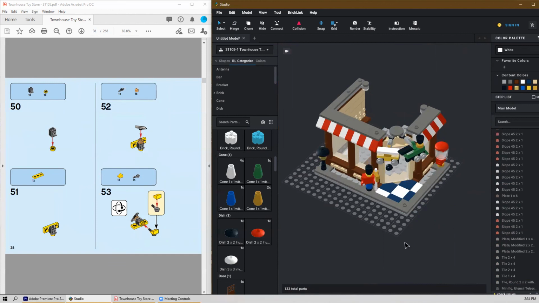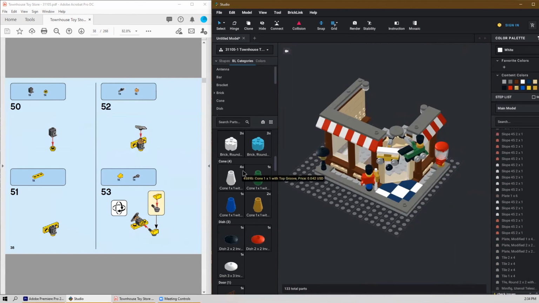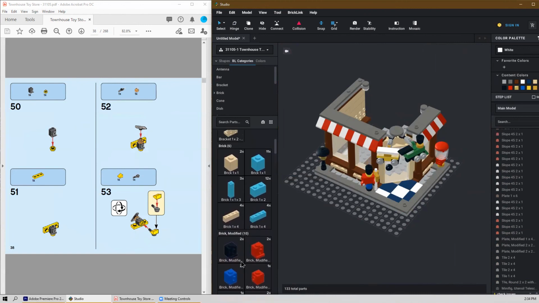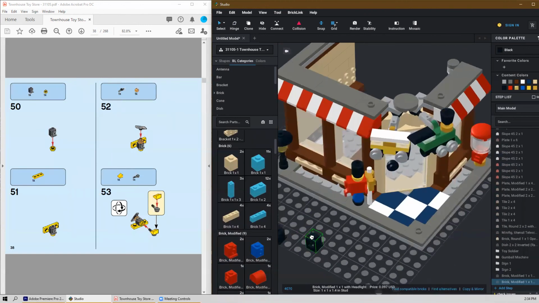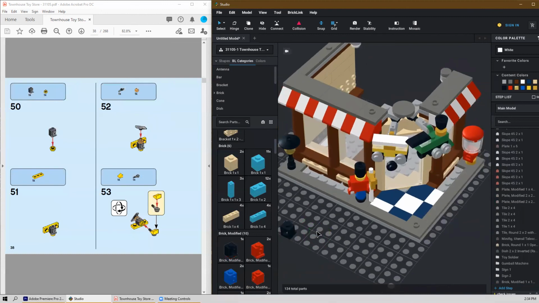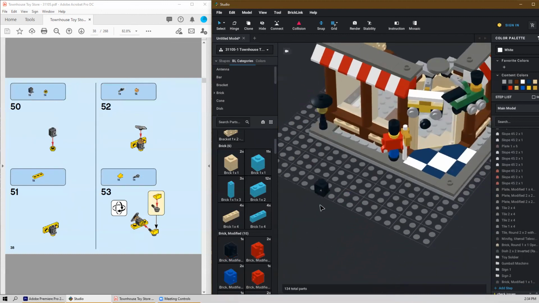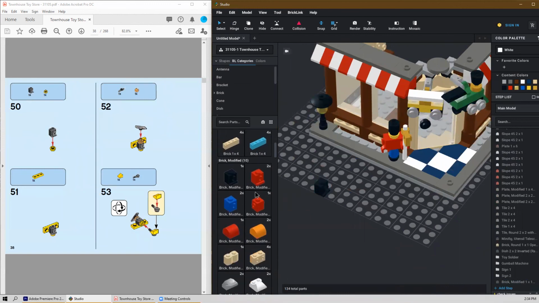These builds remind me of those ones you get in the Lego Advent calendars, the little mini builds. We have a few of those around. I have a couple of the Star Wars ones, and I have a couple of the regular ones. I think we have a Lego Friends one too somewhere. Okay, so